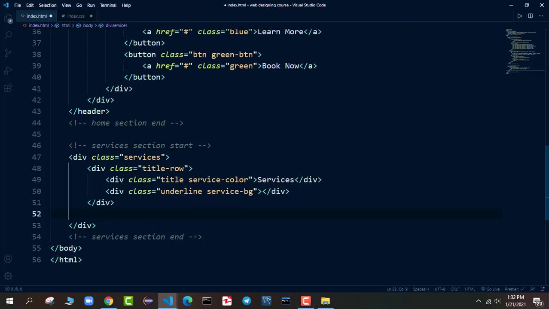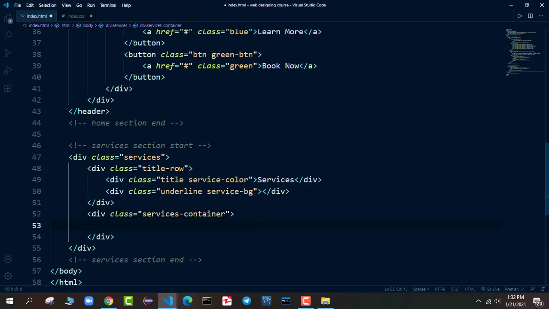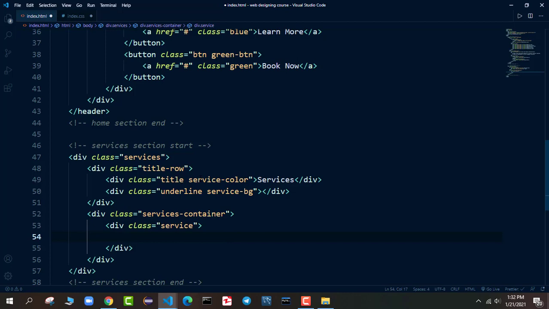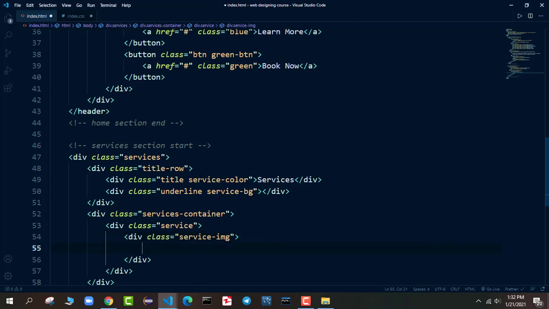I will go down. I will create the services container now. Dot services container. So it will contain the particular services that we have. So I will say dot service. Now in the service class we have image of the service, so we say dot service image. So I will say dot service img, and in the img we have img src.